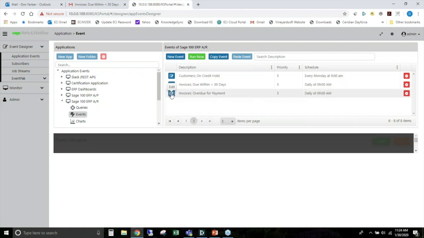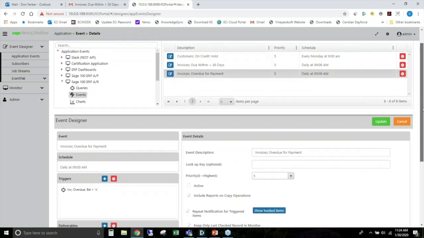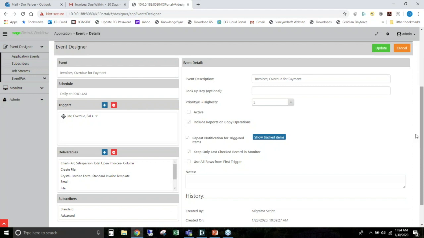So as you'd imagine, everything in the application is based upon permissions and authorization. So only folks whom you choose, that you give access to create, to update, to view events will have access to it. So let's take a look at this particular event. Now, every event workflow consists of, and to make life easy, we list those 5 components. We highlight them on the left-hand side of the Event Designer window, starting with a description of the event. This event is looking for invoices that